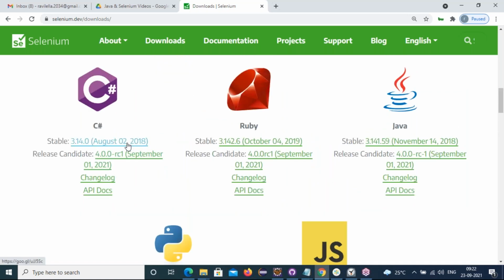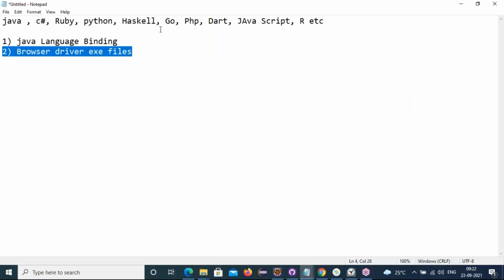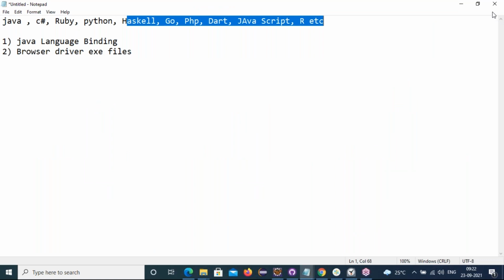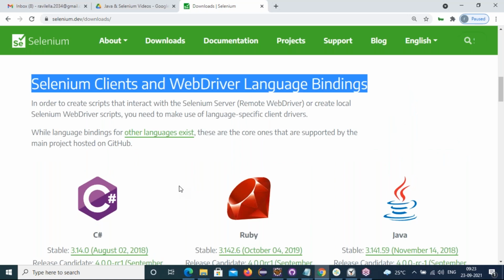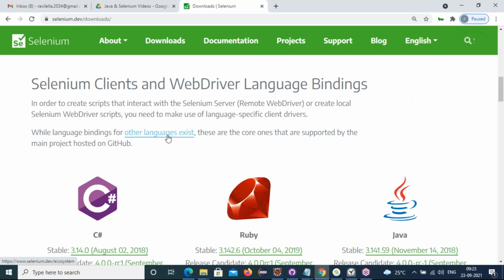Apart from these core language bindings, the Selenium community offers some other language bindings, which I showed you in Notepad. These are the extra language bindings Selenium also supports. How can I see the other supported language bindings? Just click on this link, other languages exist. See here: while language bindings for other languages exist, these are the core ones, supported by the main project hosted on GitHub.